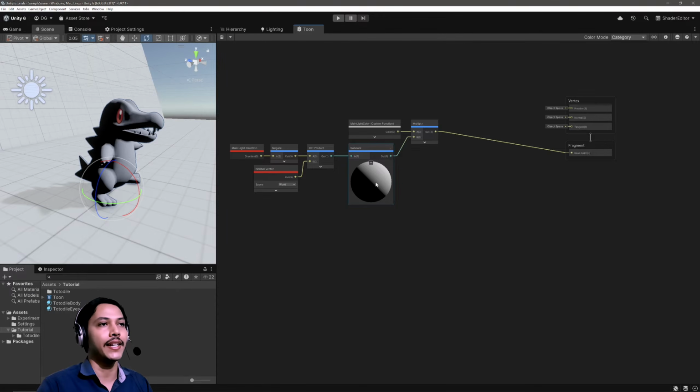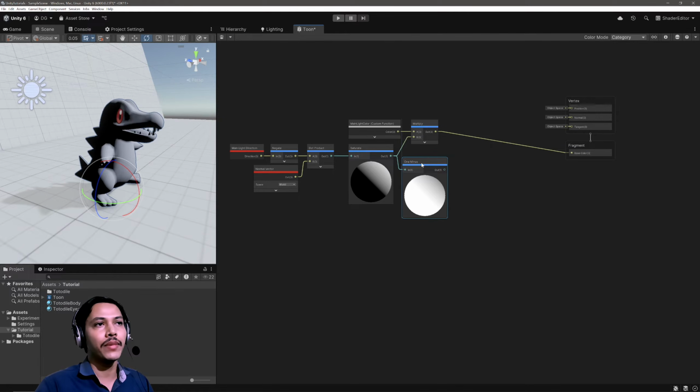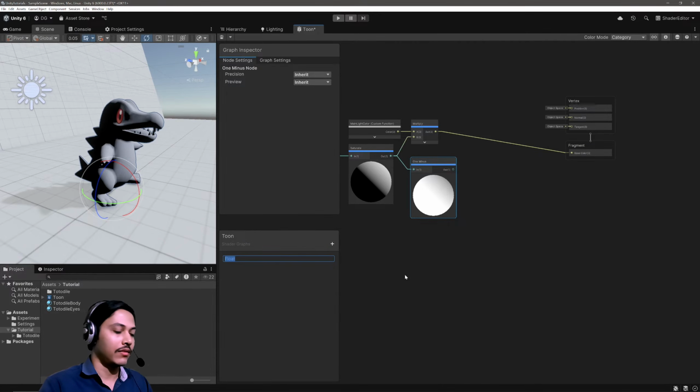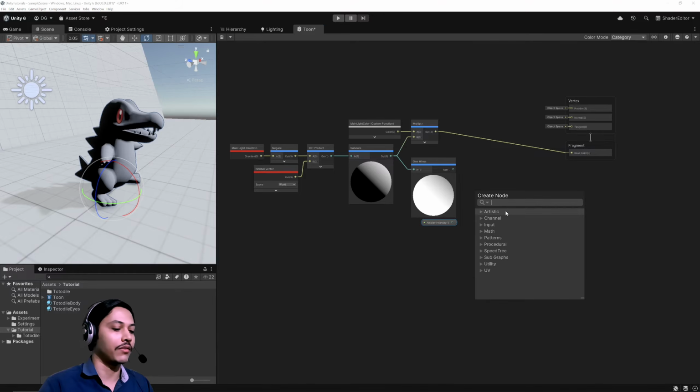So here I have diffuse lighting that linearly goes from 1 to 0, and all of this black part is also 0. So basically I need the inverse of that, so I'm going to use a 1 minus node. And 1 minus, as the name suggests, will go 1 minus this input. In this case, it will invert our values here. Then to control the ambient light intensity, I'm going to create a new property. Let's call it ambient intensity, and let's default it to 0.2 and set the mode to slider, which goes from 0 to 1. Drag it in, multiply it with our 1 minus node,